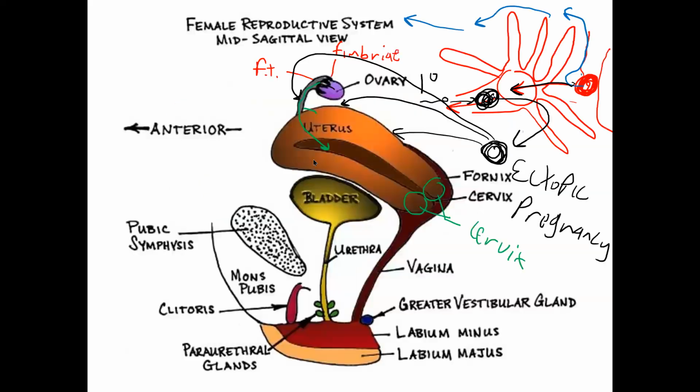Now, assuming the egg is unfertilized, it of course leaves the uterus via the cervix. Remember, the os cervix is the hole, and then it travels down the vagina. The vagina is also known as the birth canal, and it is the site of sperm deposition, right? Eventually, you end up at the vaginal opening, and at the opening to the vagina, you're going to have